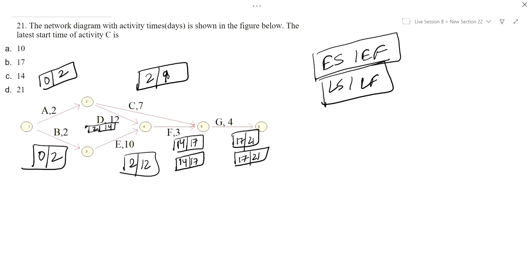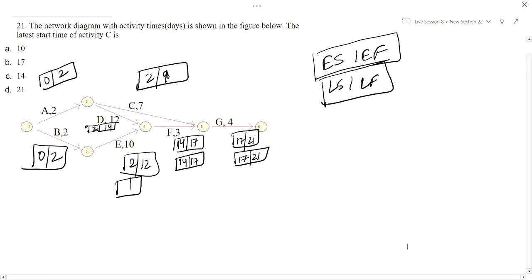Now for activity E, we will see what all nodes reach backward, and the minimum one we will take. While going forward, we take into account the maximum duration. While going backwards, we take into account the minimum duration. So from here, the minimum is